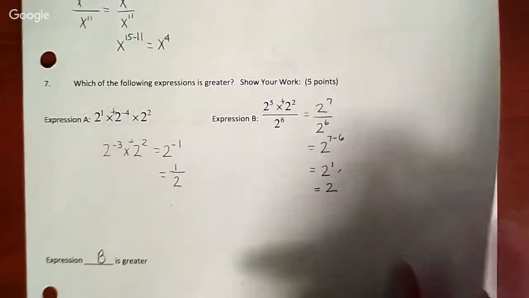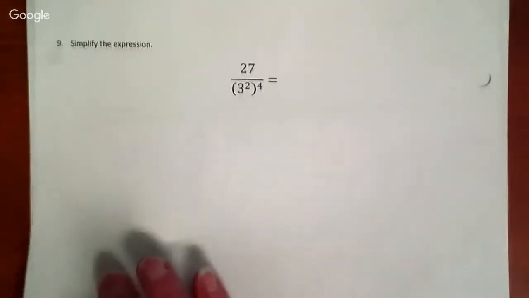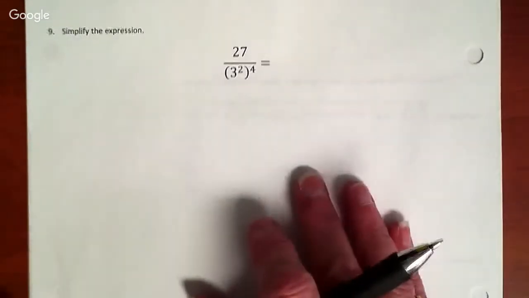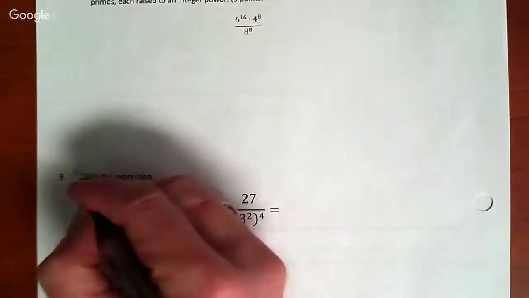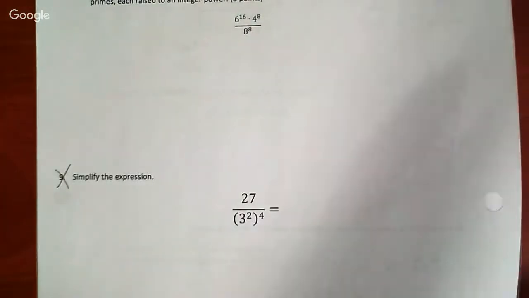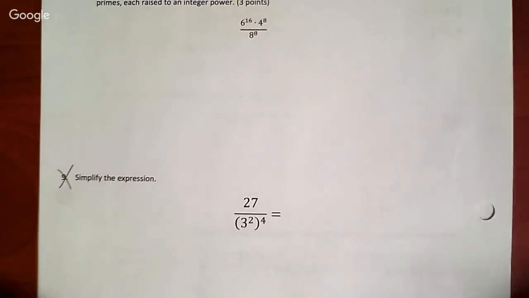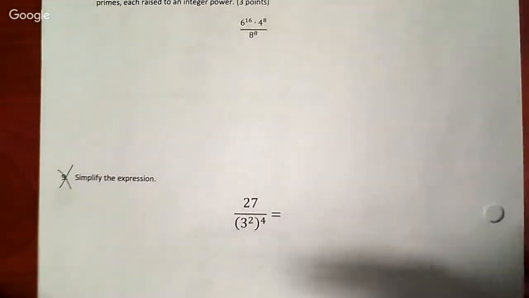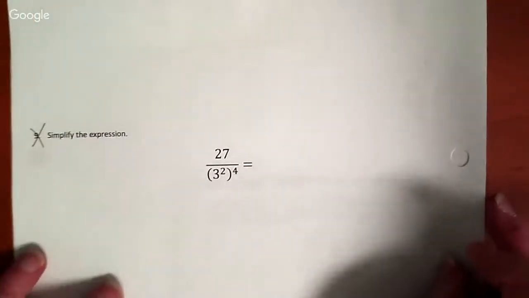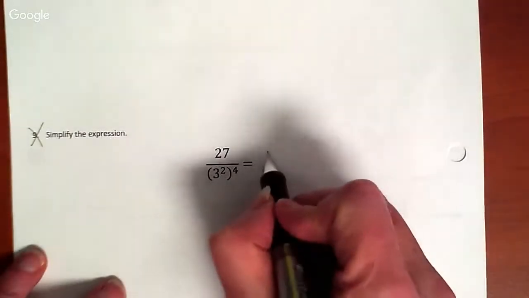Next, for number 8 and number 9, I'm going to cross these off, ladies and gentlemen. We're not going to worry about these on the test. Though actually for number 9, we could do. For number 9, 27 is 3 to the 3rd power